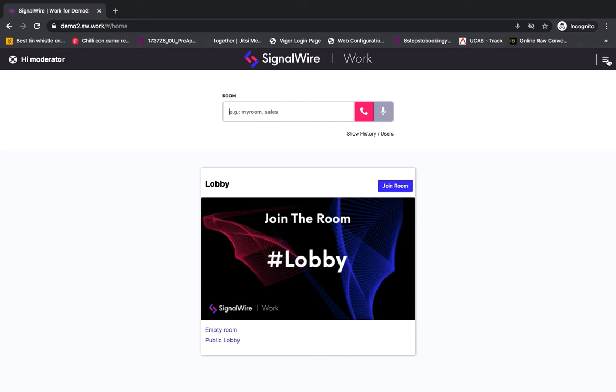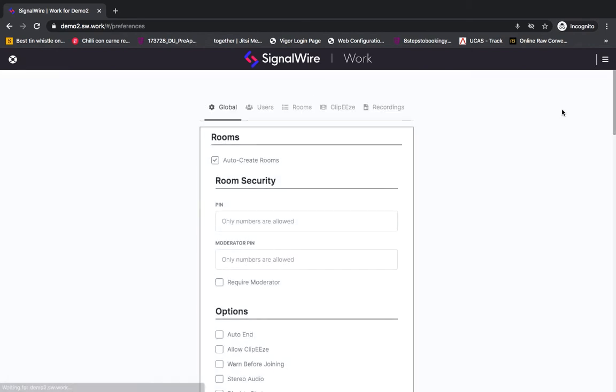But what I want to show you is the settings. We're not actually going to use the settings right now, but I just want to show you them. We have the global settings, user settings, where we can add, remove or change the privileges of users. Rooms themselves, where we can add rooms and attributes of rooms. Clippies, which is the ability to insert video clips into meeting rooms and conferences,